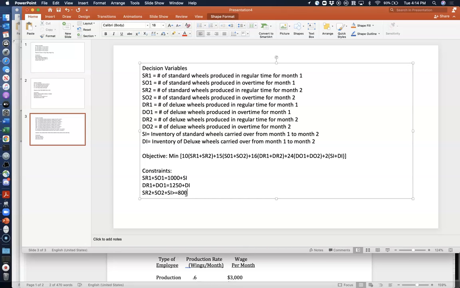You could potentially make more, but you very likely will not, because this is a cost minimization problem and it doesn't make sense to make more than 800, but I'm going to leave that option open, right? Similarly for deluxe wheels, it's going to be DR2 plus DO2 plus